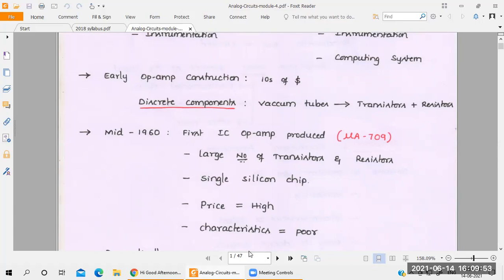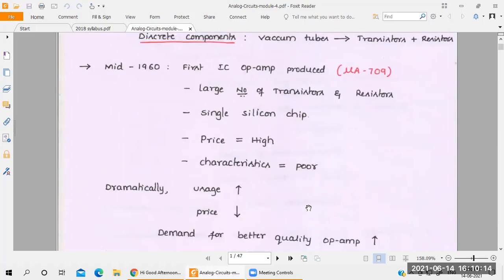Also the price is very high, because this is a very old op-amp, the 709. The cost is very high because it occupies more transistors. When the number of transistors is more, the cost will be more, so the high cost depends on the number of transistors. Then take the CMRR of the op-amp. Here the CMRR of the op-amp is very poor, because this is a very old op-amp invented in 1960. So the CMRR of the op-amp is very low because it gives a non-linear output.